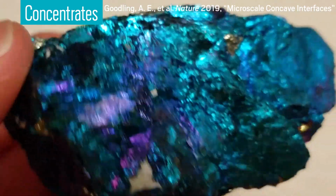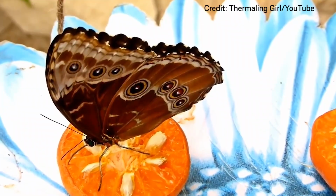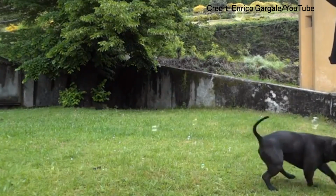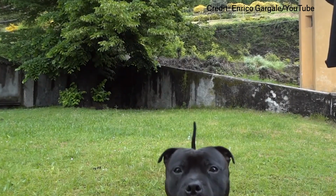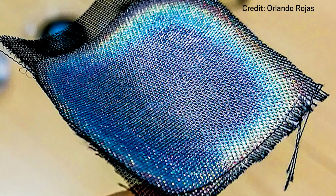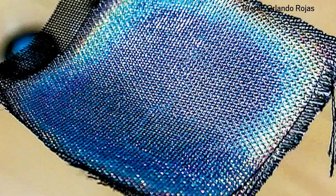Iridescent objects can be captivating, with their lustrous colors that shift as the object moves. You can see iridescence in butterfly wings and in soap bubbles. Scientists are interested in replicating the iridescence that occurs in nature to make brightly hued displays and color-shifting paints without pigments. When color arises from the structure of the materials rather than their chemical makeup, scientists call the effect structural